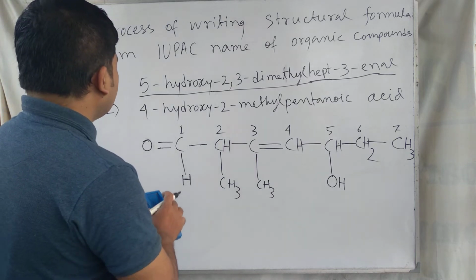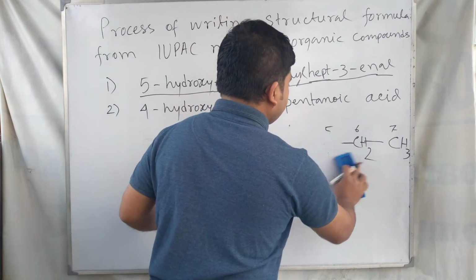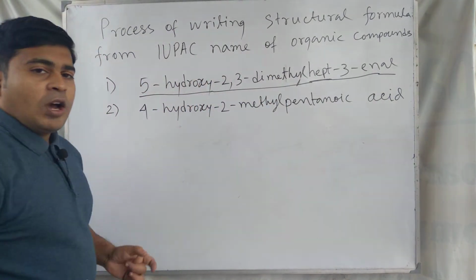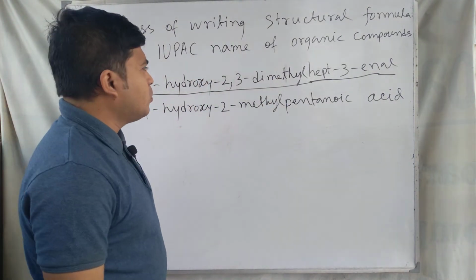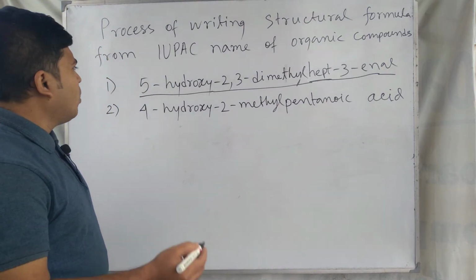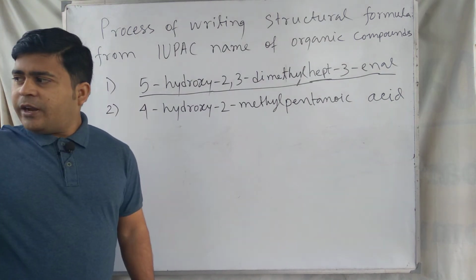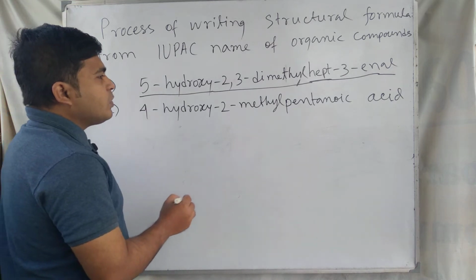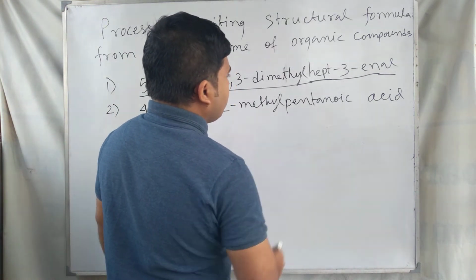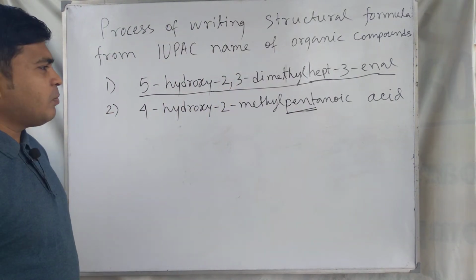Next we have to write the structure of the second compound. I think you understand the first compound, how to write the structural formula from its IUPAC name. For the second compound we write the IUPAC name. At first we have to notice the root word that is present in this IUPAC name. It is pent. Pent is the root word that is present in this